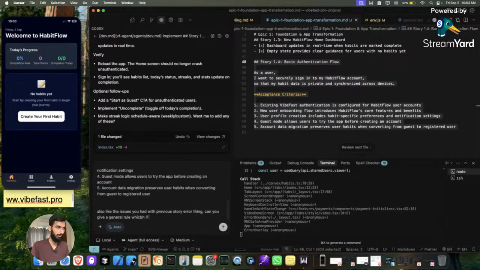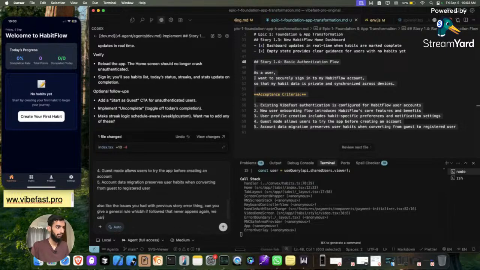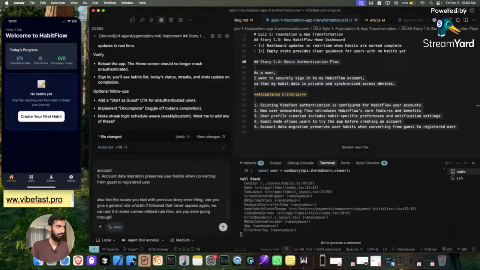Which, if followed, that never happens again. Put it in some context-related rule files. Are you even going through the relevant rule file that I have for you